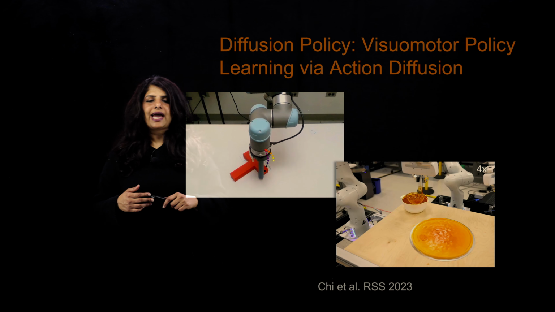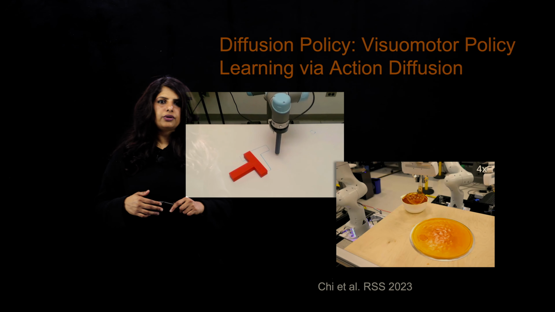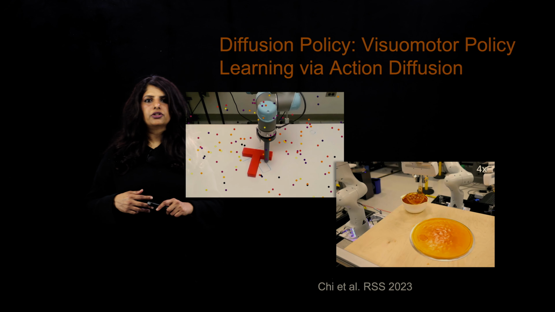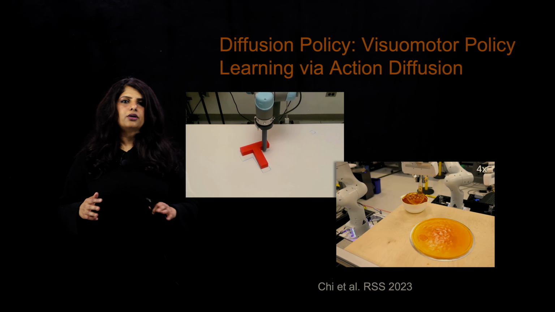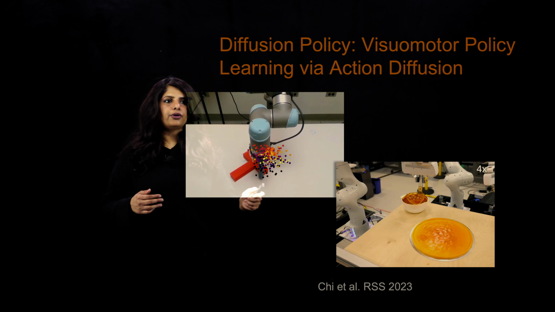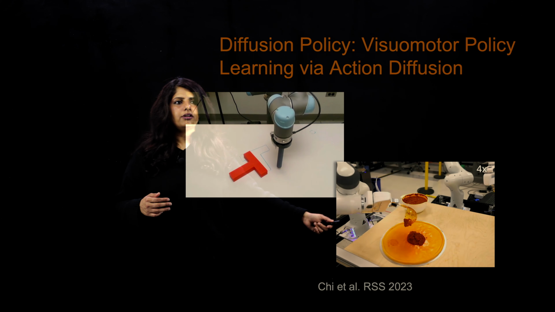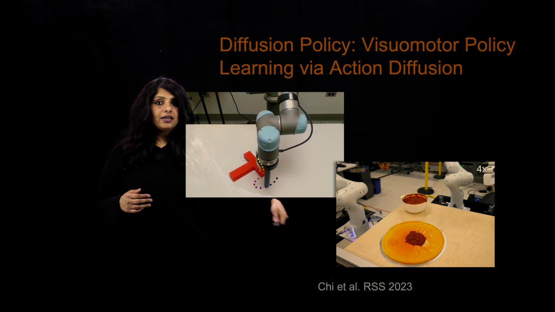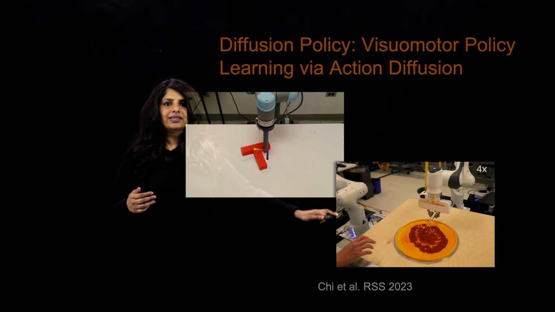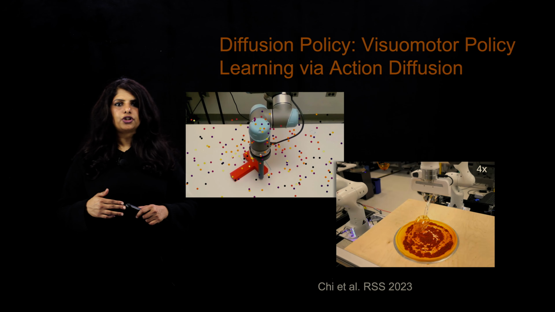And what they were looking at was, in the case of self-driving cars, a lot of the actions that we were looking at were either including categorical distributions or something that's a lot simpler to start working with. But in the case of continuous action spaces, like for instance, if we want to be able to spread pizza sauce on a pizza base, picking up the pizza sauce already is a challenging problem because of the complex dynamics that exist. And then spreading this pizza sauce can again be a really challenging task.